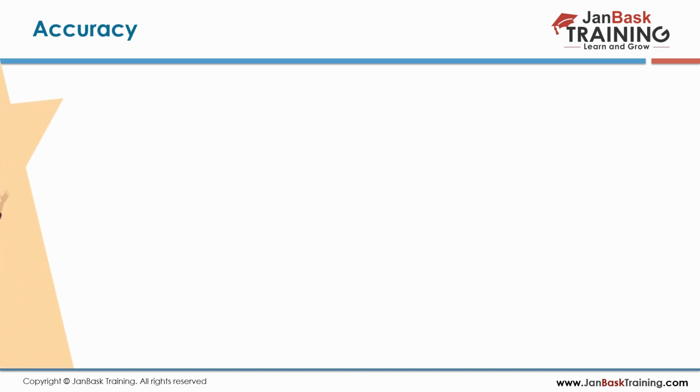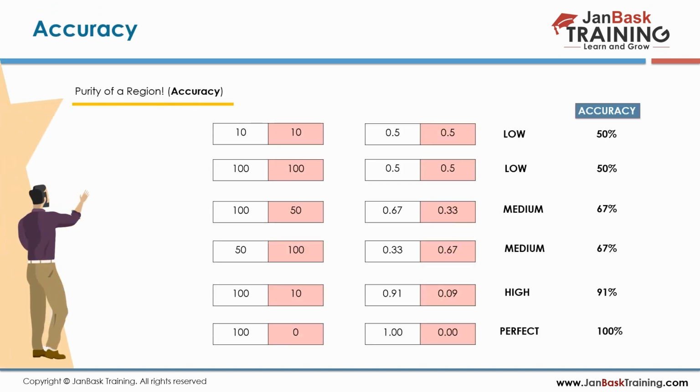If you see here the purity of region, so that accuracy means the impurity, what it will do, it will check for the accuracy. It will check whether the impurity is there or not. That means it has reached accuracy or not. If the impurity is there, that means it has not reached a high accuracy, so it will keep on splitting. Okay, so if you see the accuracy is 50%, it will keep on splitting. Accuracy 50%, 67%, 67%, then it comes to 100%, it will stop here.